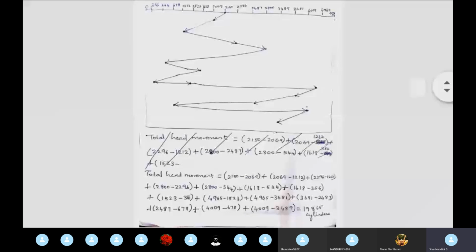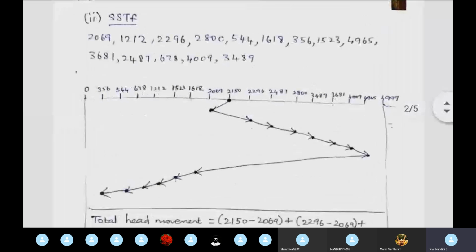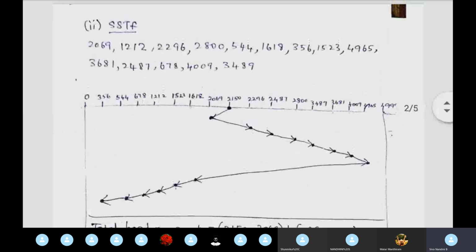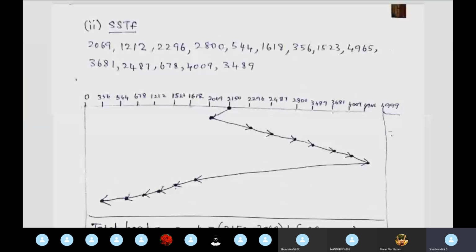So many have written this question correctly. So in this case, the shortest seek time first only many have written wrongly in the tutorial problem. So I am stressing this tutorial problem because we didn't ask it in this IIT 1. It might be asked in the IIT 2. So you shouldn't learn it in a wrong manner. Okay. So correct எது கரெக்டான வேன்னு சொல்லி learn பண்றது தான் இந்த கிளாஸ் உங்களுக்கு நான் டீச் பண்றேன்.